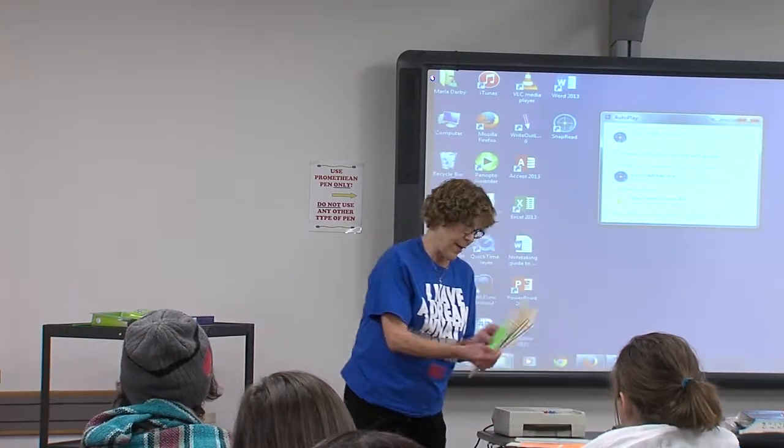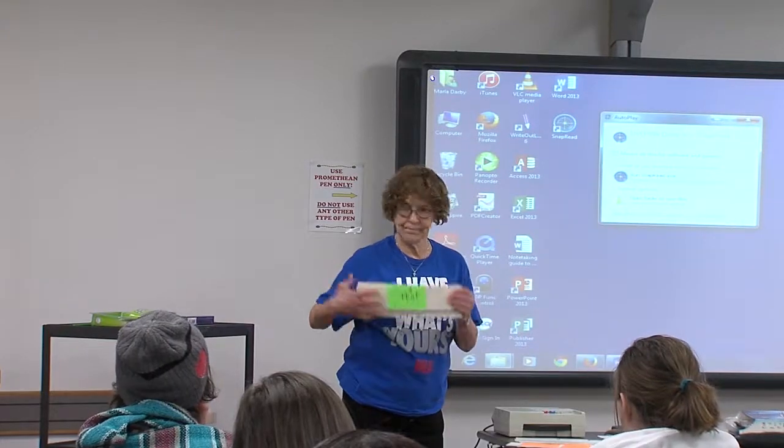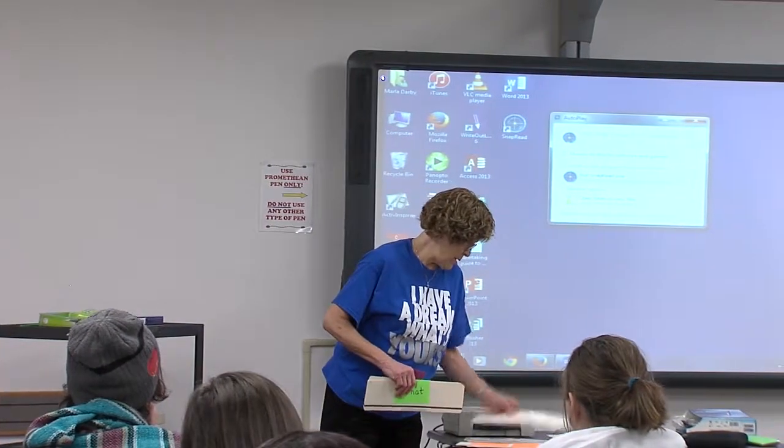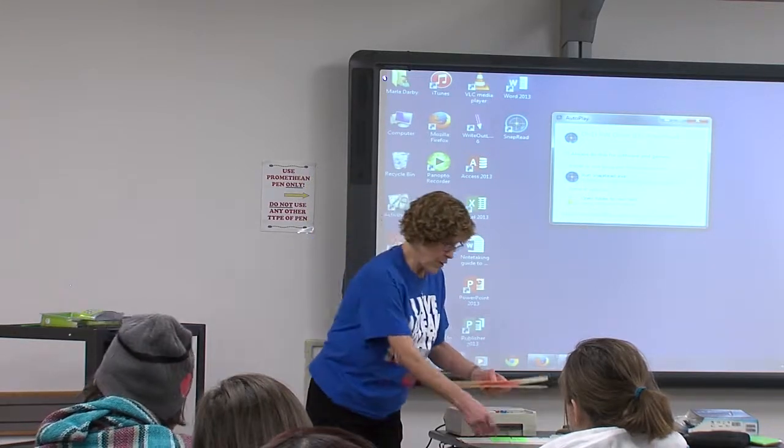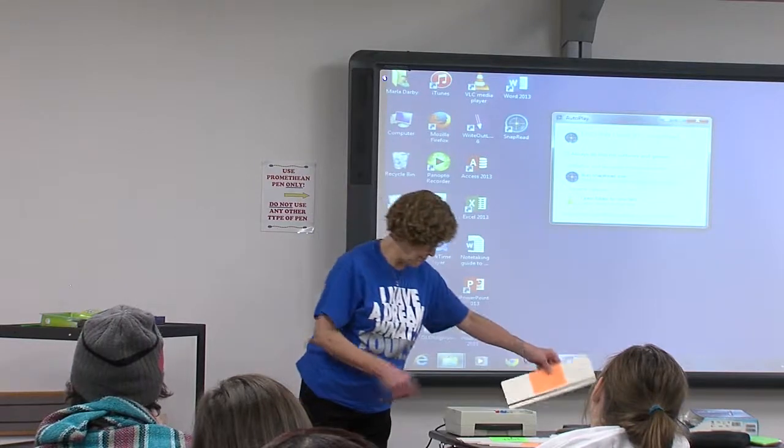Did you notice? So I have reading in green, and in white I have vocabulary, and in orange I have math. So the child can easily see which one they're going to use. So if they're going to use a math, then they pick up the orange card. So if a child's working on memorizing math facts,